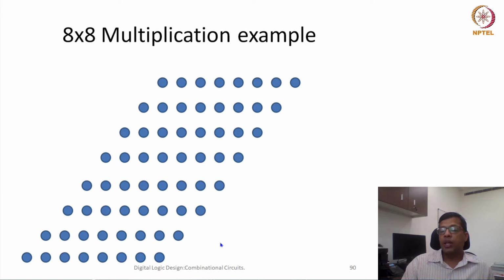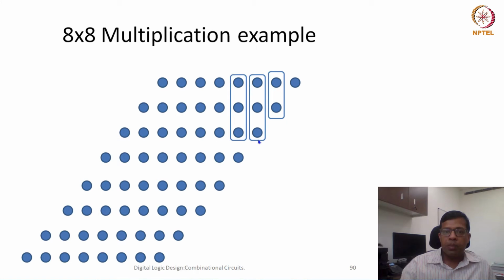To add all of them, I would like to use carry save adders. So to use a carry save adder, what should I do? I have to identify which bits I can add in parallel. We see that these two bits are of the same order, the same power, or denote the same place, so we can add both of them. Similarly, these three can be added because they again belong to the same place. Similarly, all these three can be added together.